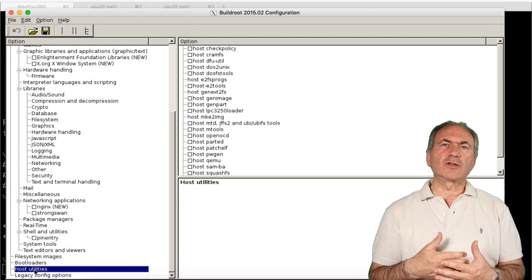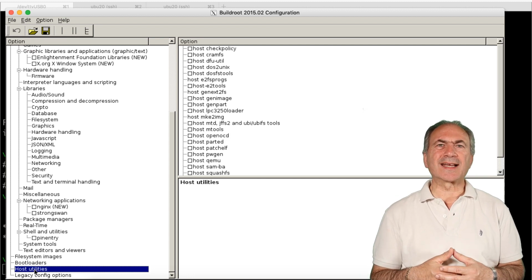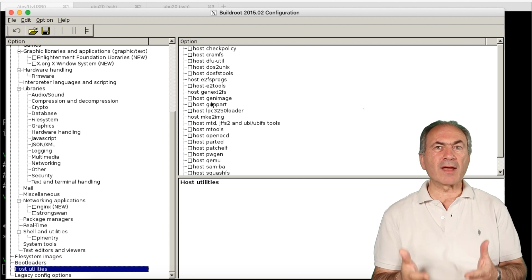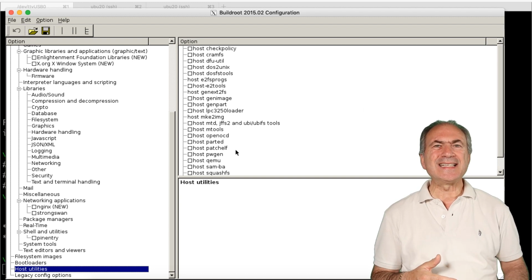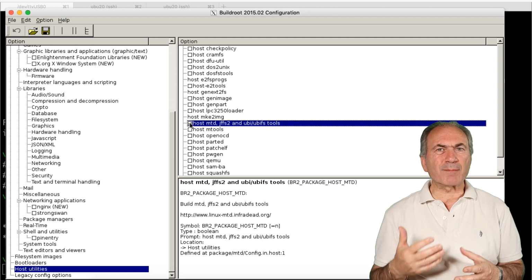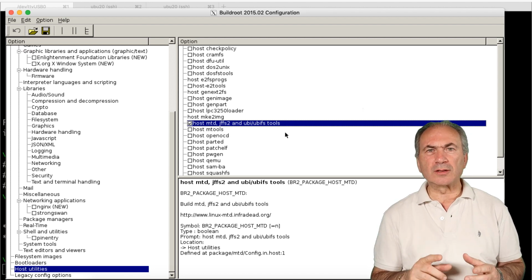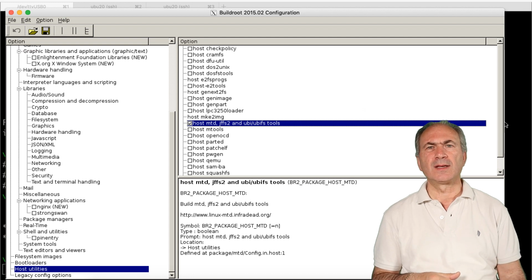In the host utilities section, we select the utilities related to the flash, EEPROM and file system we have in our device. These are utilities that are built to run on our Linux system and not on the target device.